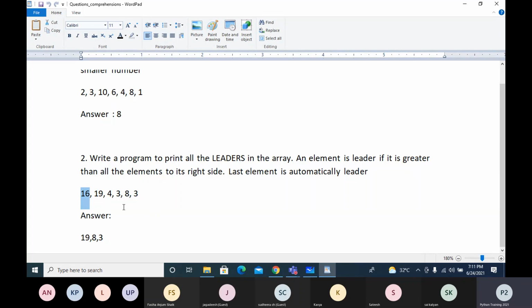So 16 is not a leader because there is 19 which is greater than 16. So 19 is greater than all, so 19 is a leader. 8 is greater than all right side, so 8 will also be considered as a leader. Anyhow, the last element will be automatically considered as a leader.